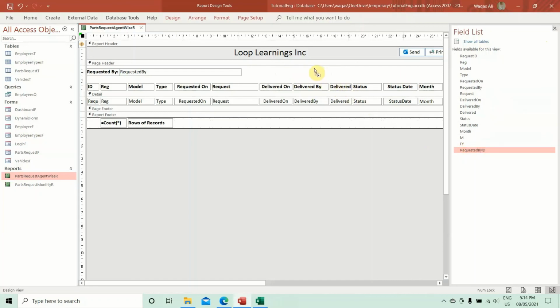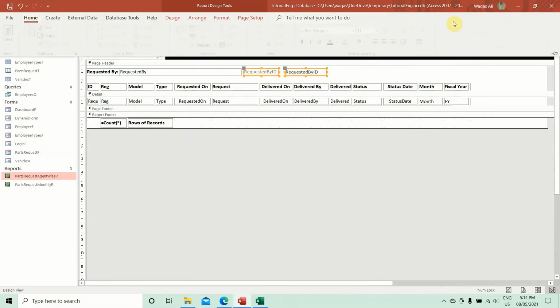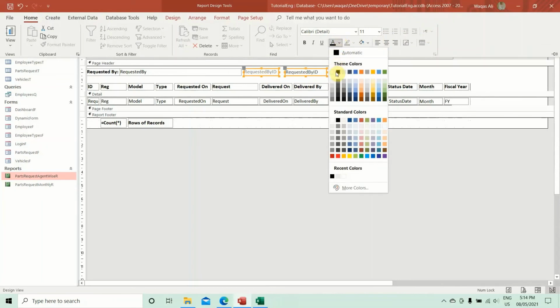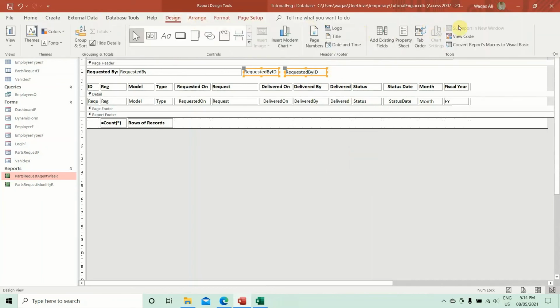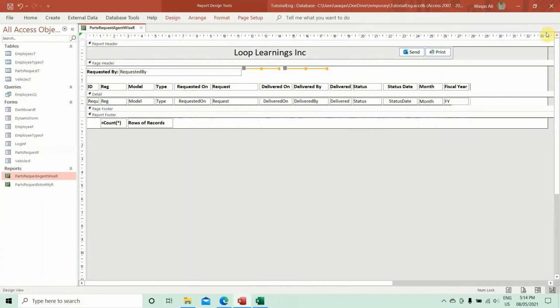So use as many numeric fields and as much numeric data as possible to run the report. Alright, so we don't want to see this, we'll hide it. Visible, no. Let's make height 0, save it,